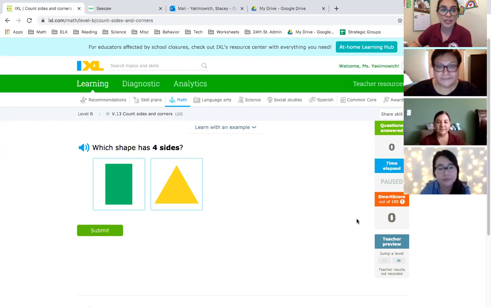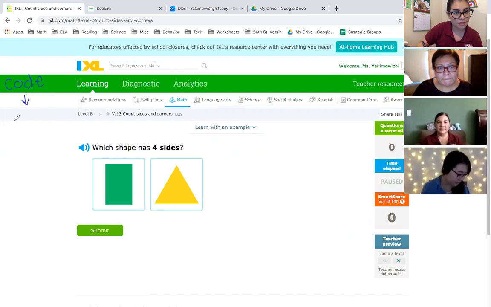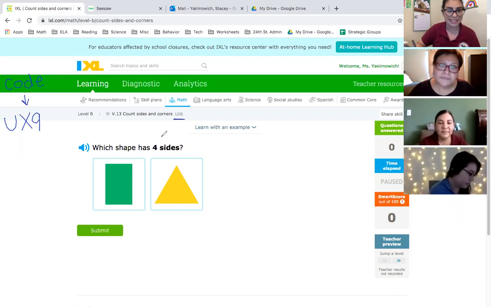So today you're going to be working with IXL again, and I'm going to write our code for IXL down here so that you all know what it is. So our code is UX9, and you can see it right here, UX9, and you should be able to see count sides and corners,